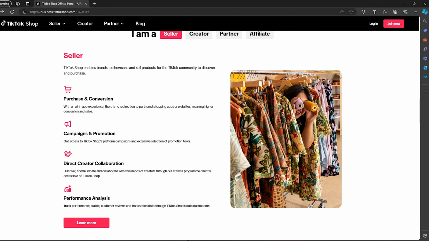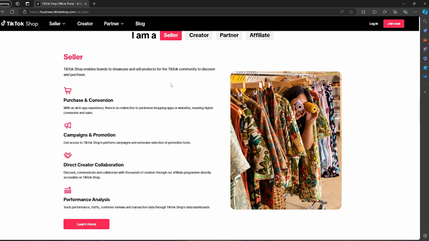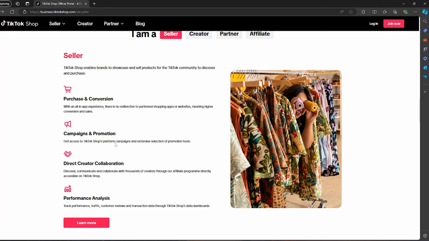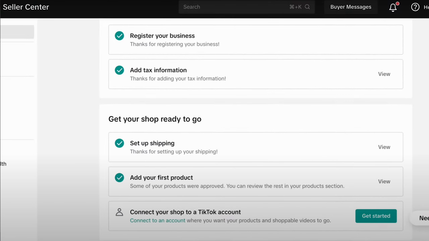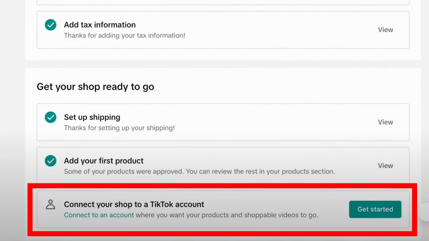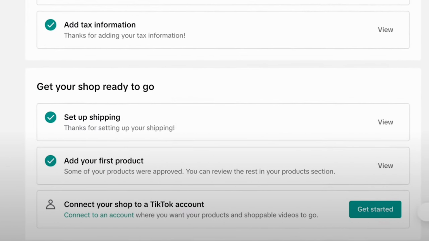Shop. Now first thing you should do is to make sure to go to the correct website, which is called TikTok Shop. Then go down till you find this section right here and click on Seller, then click on Learn More, and then they will ask you to fill in some information. Fill it, then here you will find TikTok Seller Center. When you find this message right here, click on Get Started to link your TikTok account to a TikTok